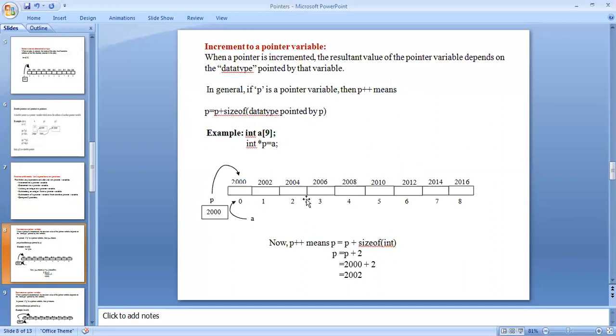When a pointer is incremented, the resulting value of the pointer variable depends on the data type pointed to by that variable.